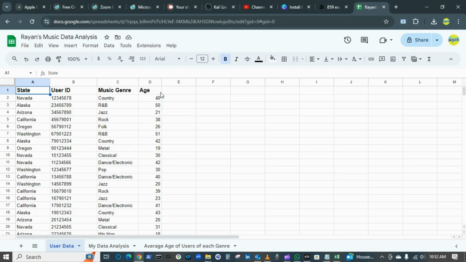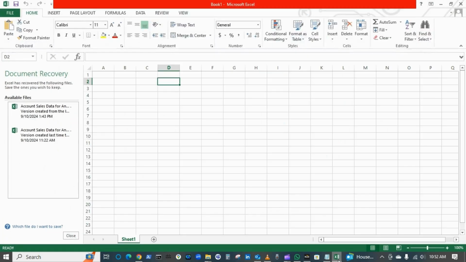So there are two ways you can access an Excel worksheet. Either you can use your account using Google Sheets, or you can go through the application that you installed on your computer, that is Microsoft Office Suite. It could be either 2024, 19, 12, or 8. So it depends on the one you have. So this is an example of Excel as well. When you save it, it becomes a workbook.